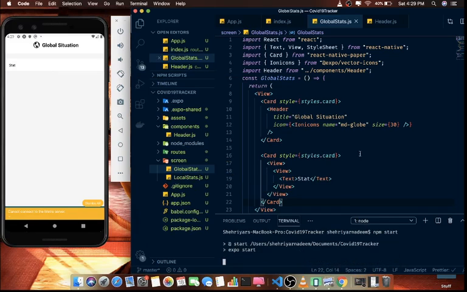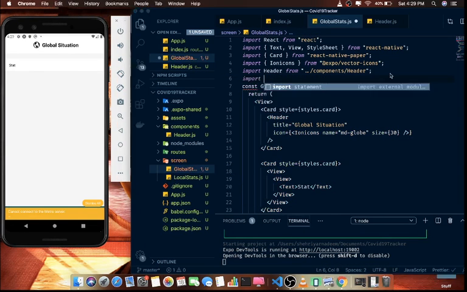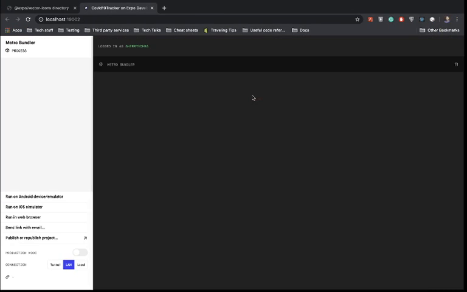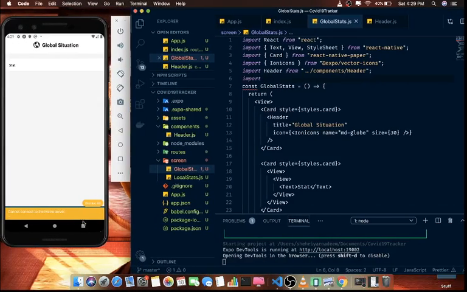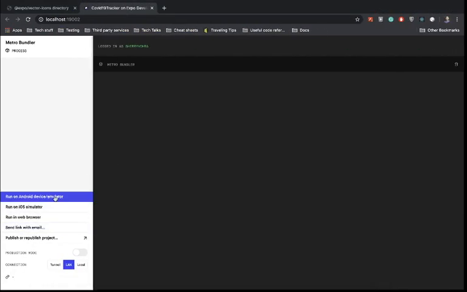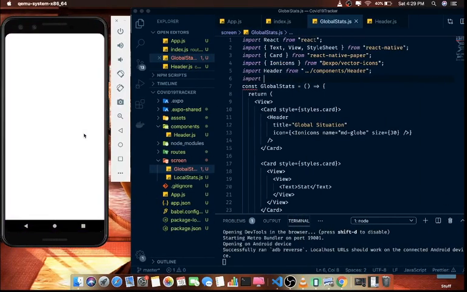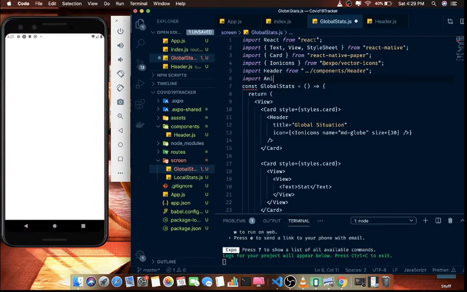Start the server. I'm going to import, just close the application and run it again. Okay, I'm going to import animated